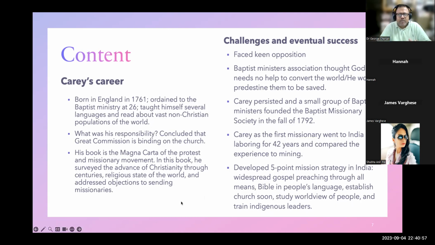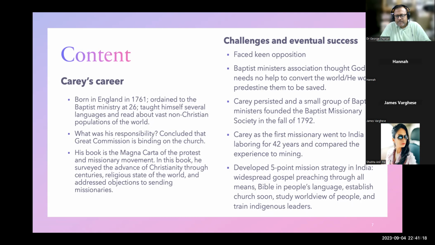And the whole theology of Calvin and the theology of Arminius, that theology clashes, and all of those issues. Yeah. Anyway, please, let's go on. Okay, so he persisted in what he believed, and that's why finally the Baptist Missionary Society was